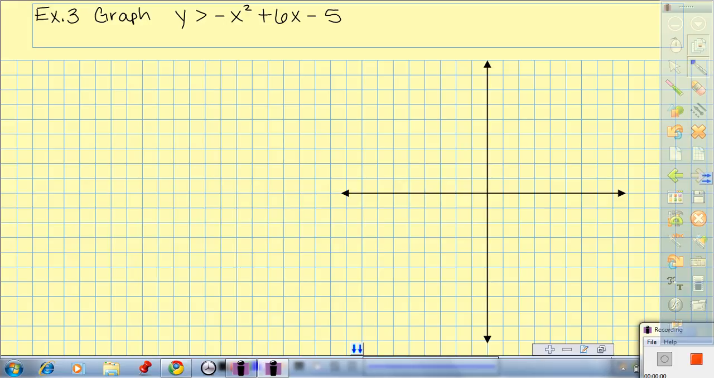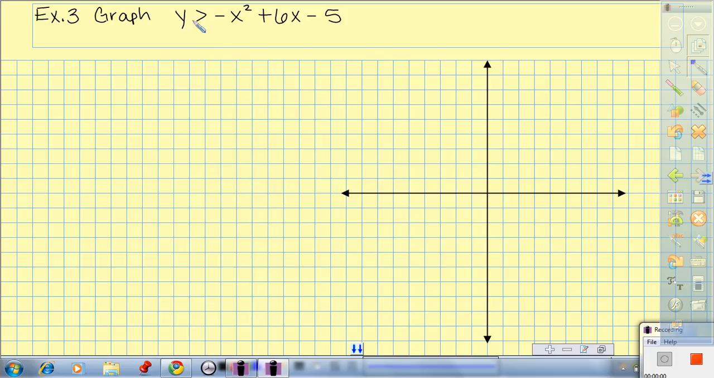This is the last example for 10-2 quadratic functions. We're graphing another quadratic function, but in this case, it's a quadratic inequality. So we're going to follow the same steps we did in example 1, except when we go to graph it, we have to know, is it going to be a solid or a dashed line, and then where do we